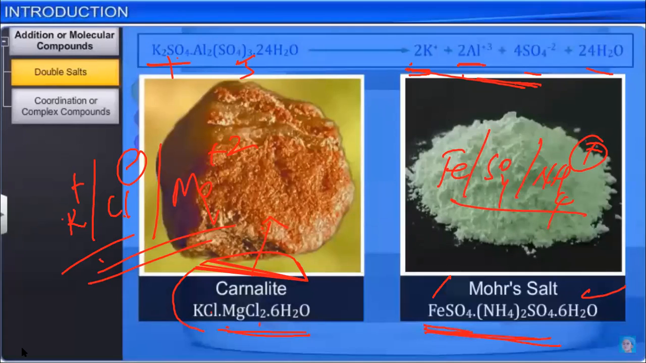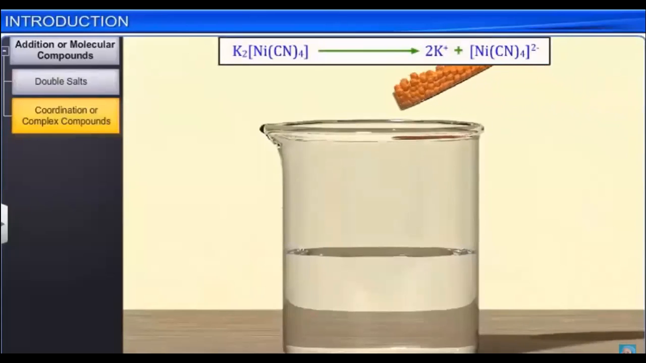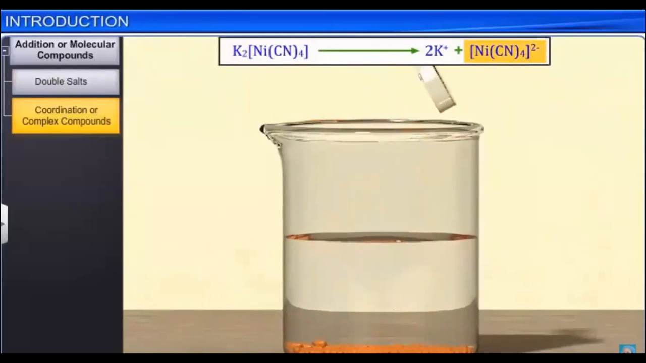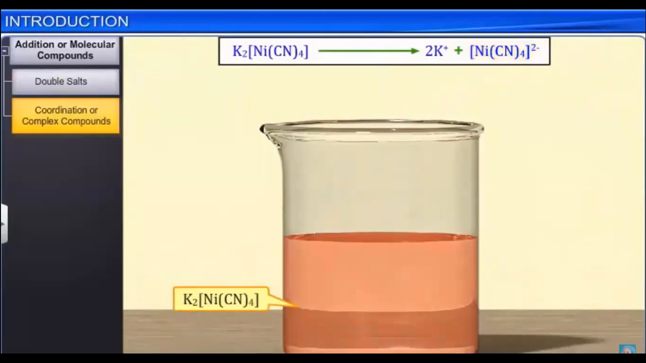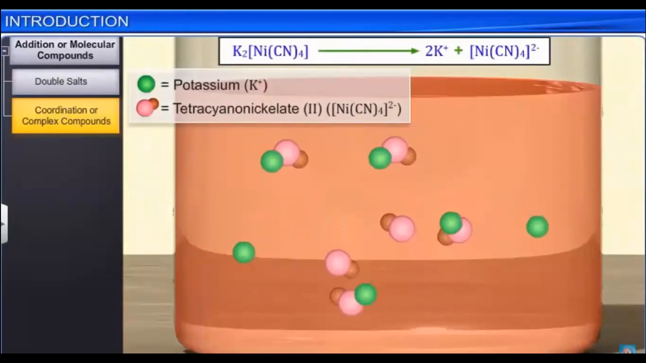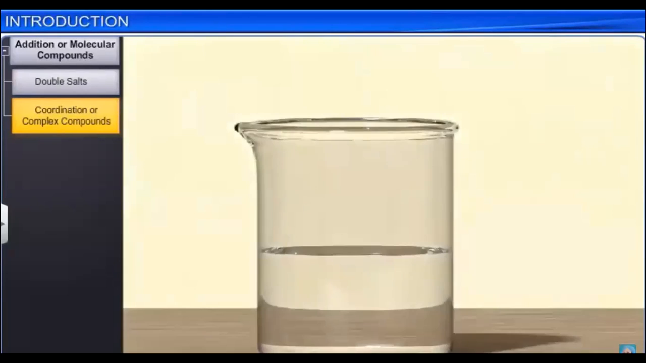Retain their identity even when dissolved in water. So this is our complex here. Note that the individual properties of the constituents are lost in these compounds. For example, when potassium ferrocyanide is dissolved in water, it does not give the usual test for Fe+2 and CN- ions,